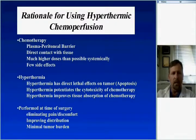And so now to go into the rationale for using the HIPEC procedure. Chemotherapy delivered into the peritoneal cavity has a barrier effect, so that we can achieve high concentrations of chemotherapy in the abdominal cavity, but the rest of the body doesn't see the high concentration of chemotherapy. So unlike chemotherapy delivered intravenously, which has to go throughout your body in order to get to the peritoneal cavity where it's doing its job,